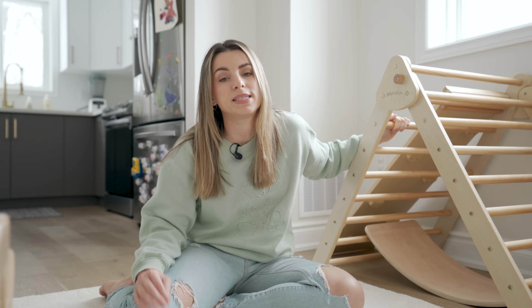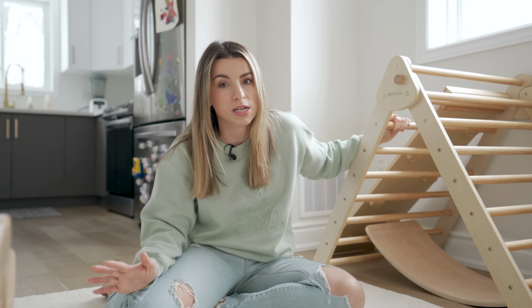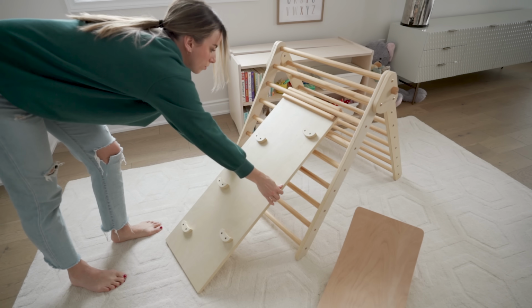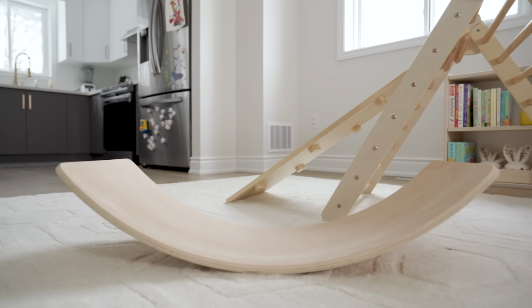It's just a great, safe, sturdy spot for toddlers to climb and get that out of their system. There's also a slide attachment that has a little rock climbing side on it as well. And then underneath we have this surf balance board. So much fun. There's so many different things they can do with it. They can balance on it standing up, laying down, have it upside down, and have it as a